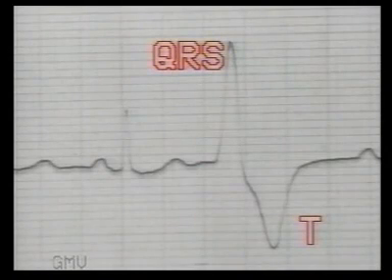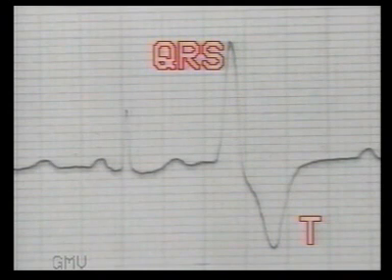Now first we will consider aberrant ventricular conduction. Normally, when impulse is distributed through normal conduction pathway, the T wave is in the same direction as the main QRS complex. But when intraventricular conduction is abnormal, the T wave is opposite to the main QRS complex and hence inverted. Here are a few examples.